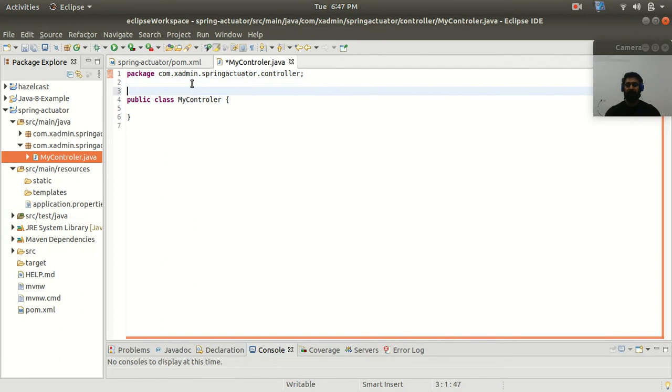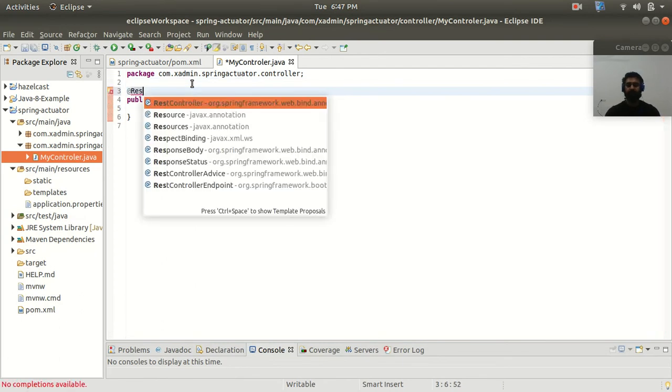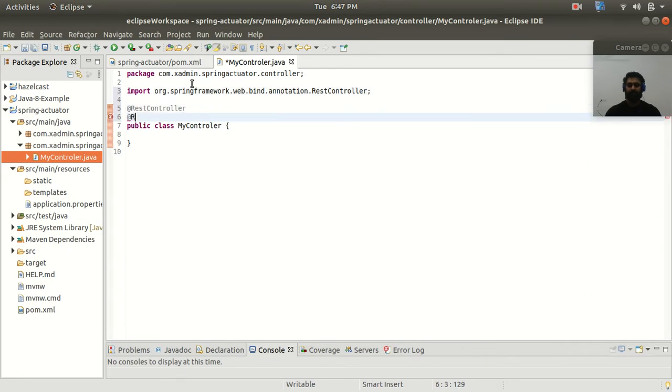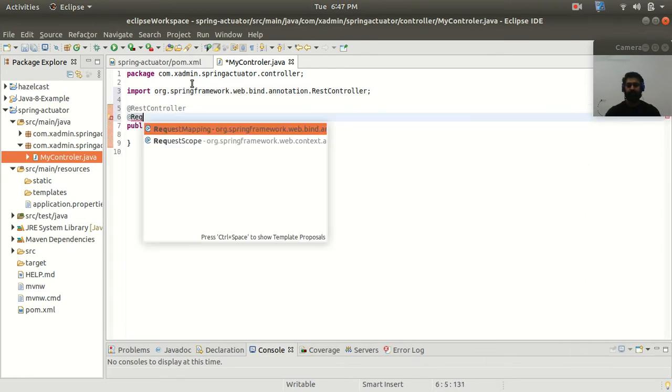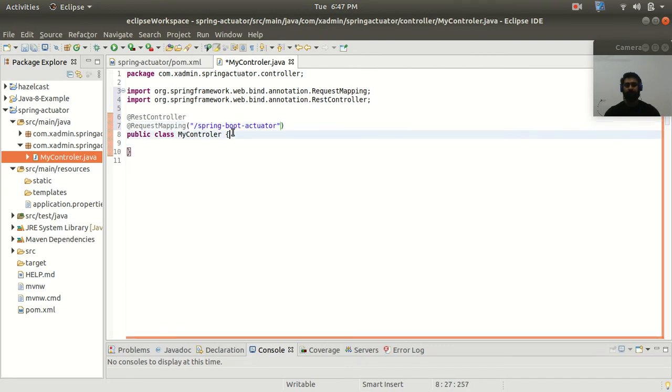I will make this controller a REST controller by adding the annotation @RestController, and I will mark this with a request mapping. Let's provide the URL. Now I will create one endpoint.